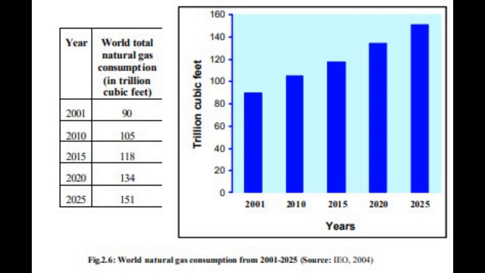Oil. Oil is expected to remain the dominant energy fuel throughout the forecast period, with its share of total world energy consumption remaining unchanged at 39% through 2025. In the industrialized world, increases in oil use are expected to be primarily in the transportation sector, where there are currently no available fuels to compete significantly with oil products. Oil use for electricity generation is expected to decline, and other fuels, especially natural gas, are expected to provide more